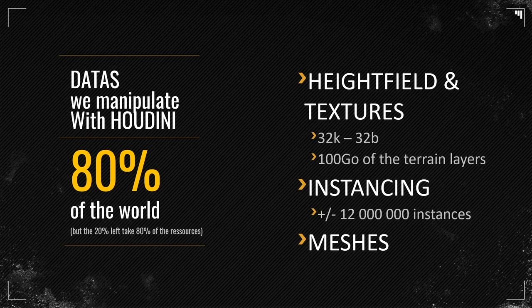Wildland, we did the math at the end. About 80% of the world has been distributed and generated with Houdini. A lot of instances, but the rest, the 20% left, of course, are carefully handcrafted. So it's a lot of settlements, where all the gameplay situations happen. Wildland, you can guess by the name, it's a lot of landscape, and it works very well for that. Mostly, we use Houdini to deal with textures and height maps a lot, instancing heavily, and meshes a bit. Mostly the water plane, rivers, streams, meshes, or arbitrary surfaces.